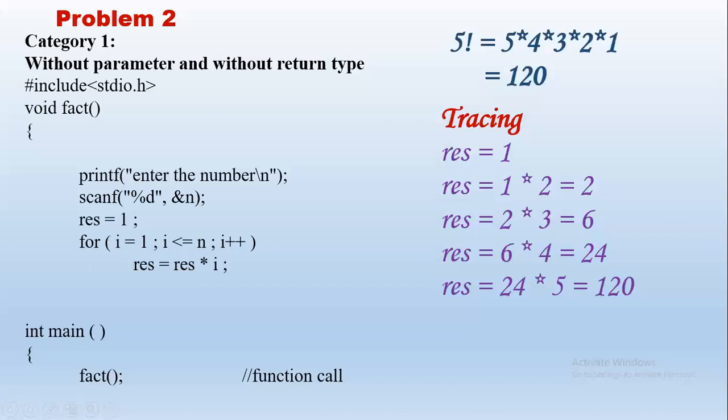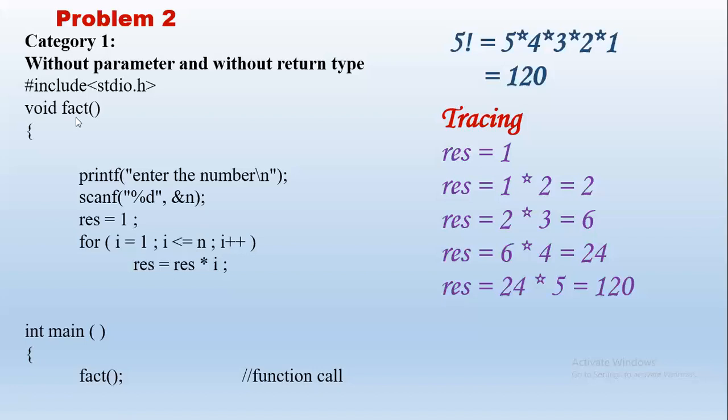Is this logic for factorial clear first of all? Is this logic clear to all of you? Yes, sir. Okay. Same logic we will use for all the programs. So this has to be very clear first. Only when you know how it works can we understand the different types, right? This is the main logic for finding the factorial. Okay. So here we have found the factorial and its value is there in the variable res.